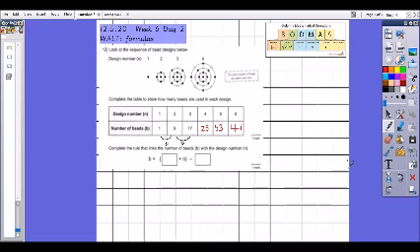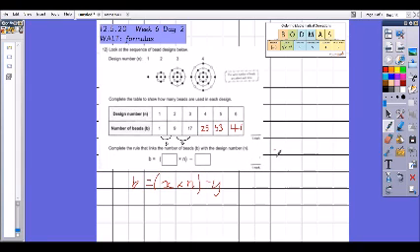The next part of this question says complete the rule that links the number of beads B with the design number N. B equals, in brackets, blank times N, take away blank. We're going to substitute these blanks for the letters X and Y to write our formula. So B equals X times N, take away Y. To work out the values of X and Y, we need to go back to our sequence here